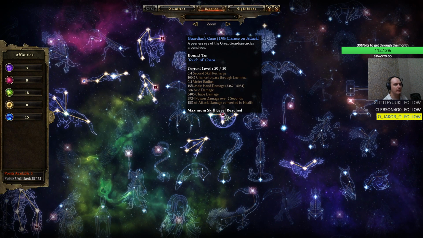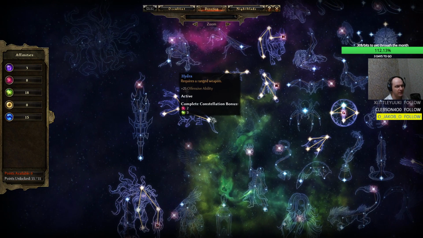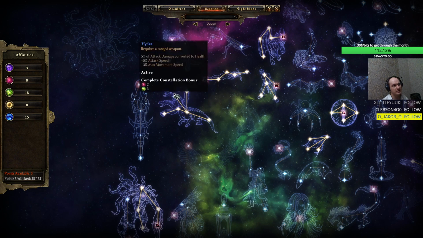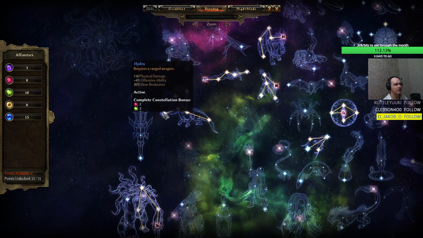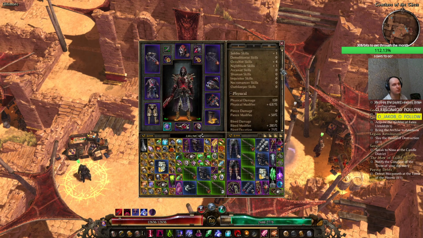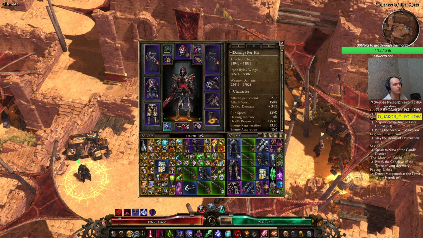The Guardian's Gaze also has a little bit of chaos damage. We put it on Touch of the Chaos, my auto attack, with a 50% chance to happen there. We also have the Hydra constellation. Hydra is a constellation for ranged builds. It's providing attack damage converted to health, 5%, some movement speed, and attack speed as well. Attack speed boost is pretty good. It's also giving you offensive ability and physical damage. That's why we have this physical damage over here, right? When you check out the skills, Dash of Chaos has this little bit of physical damage. This came from the Hydra constellation,